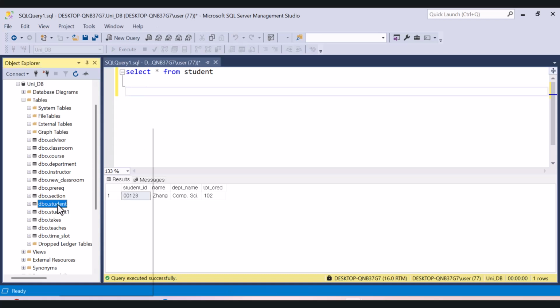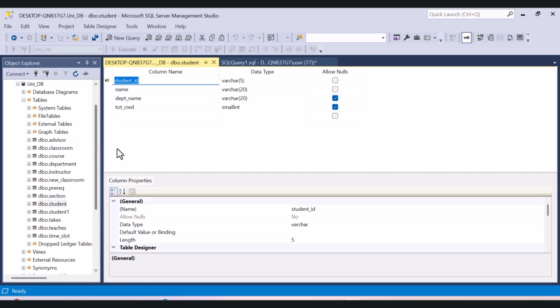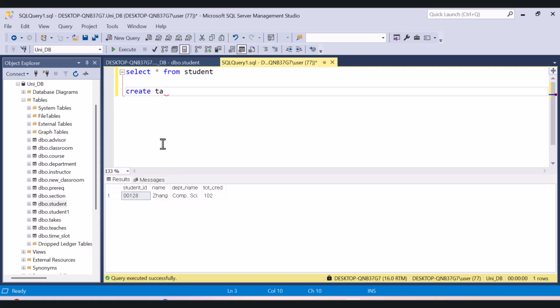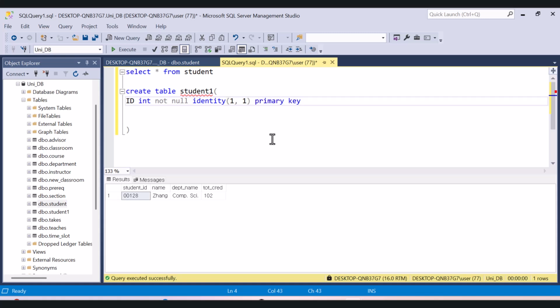I want to see my student design, just right click and design. So here you can see a student ID, name, department name, and total credit. I can add any more attributes here. Let's define, for example, create a table, and this one I will call student one. In order to define the ID to be incremented, I have to write like this. ID is integer, and it is not null, and it is identity one by one. It means it will start with one, and it will go one by one, and also it is primary key, right? Then here, CS ID as